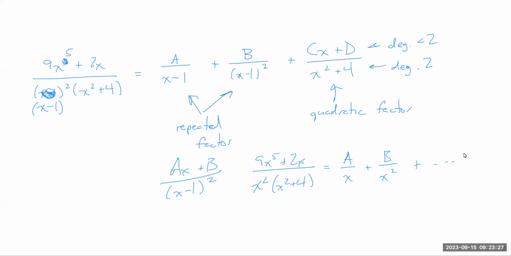But I could also treat it like it's a quadratic root. So if I treat it as a quadratic root, then I have to look at it like this, right? Ax plus b over x squared. But can I simplify ax plus b over x squared? That becomes ax over x squared plus b over x squared, which is